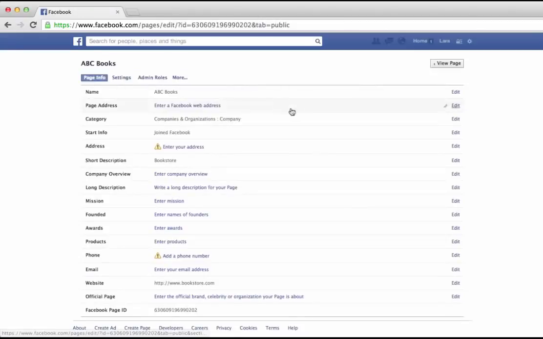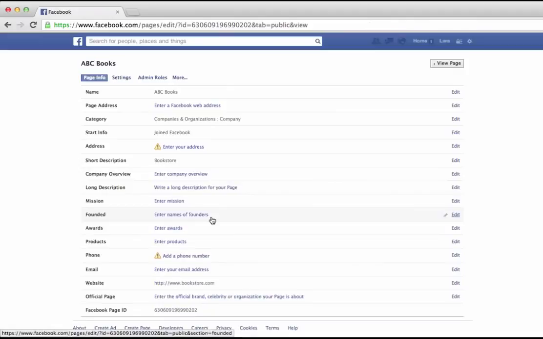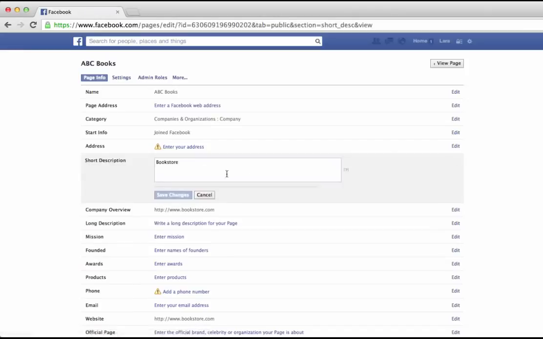you can edit this section and fill out even more information about your business. And it's important to fill them out as much as possible because Facebook is searchable. You want a company overview. You want a long description. You want to write all of these so that you have all kinds of information that tells people what they want to know. A tip that helps your page be as user-friendly as possible when you're going through this is to use this short description